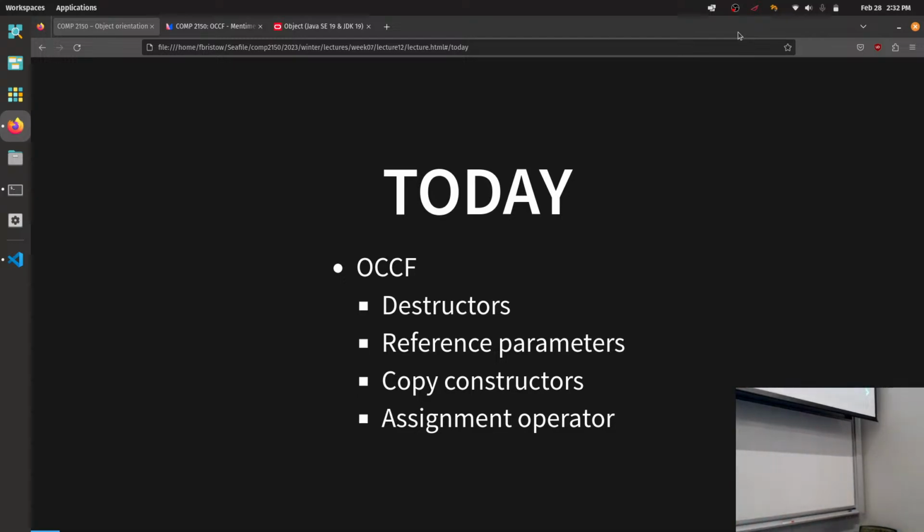I want to quickly revisit that today, really just by looking at them again. So take a look at the destructors, take a look at how the virtual hierarchy is being called, that sort of thing. But the bulk of the time today is spent looking at reference parameters, copy constructors, and the